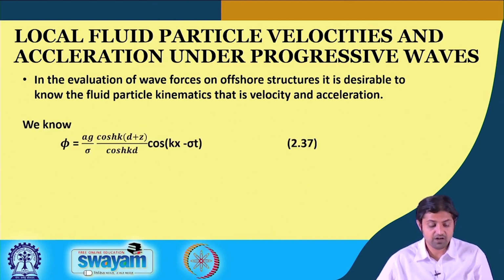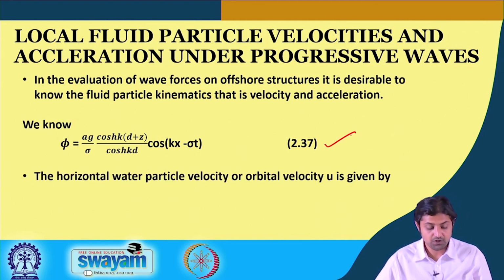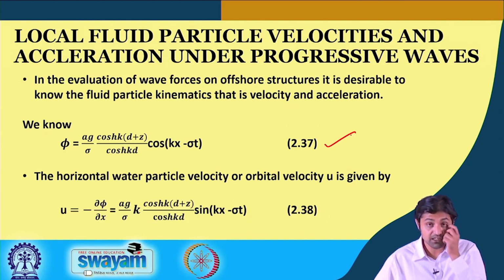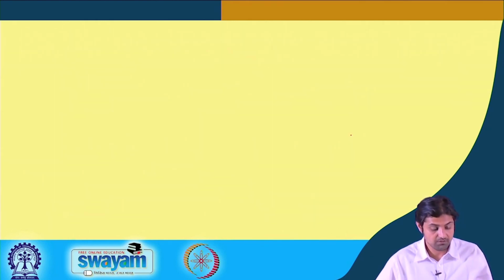We know that phi is equal to Ag by sigma; this we have derived. The horizontal particle velocity, or the orbital velocity u, is given by minus del phi by del x, the definition of velocity potential. So, we get Ag by sigma k into cos h k (d plus z) by cos h k d into sin (k x minus sigma t), whereas